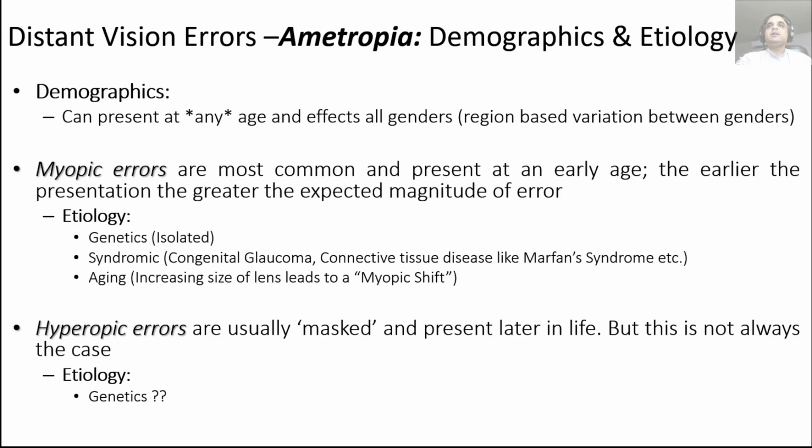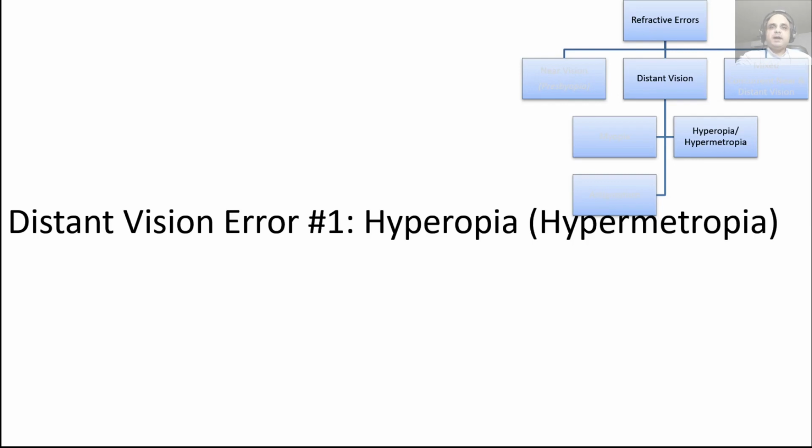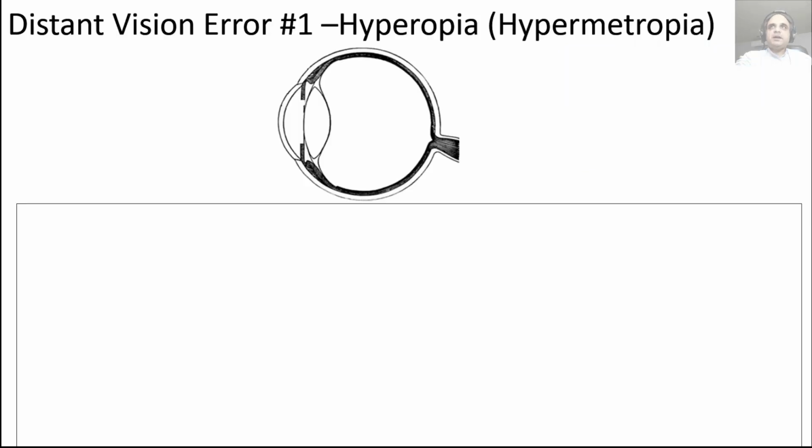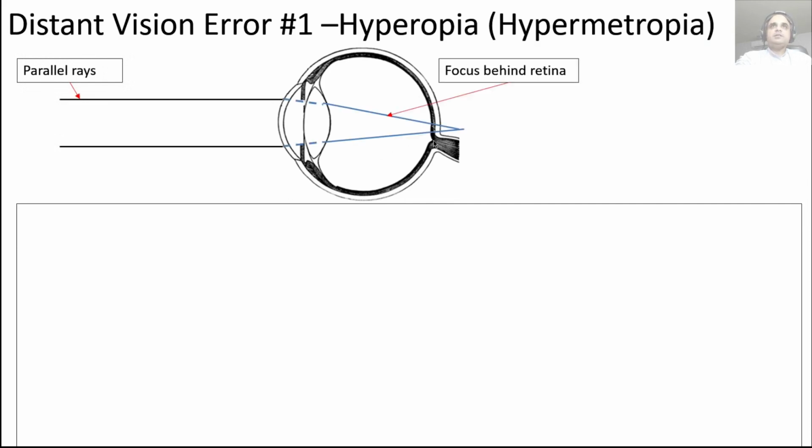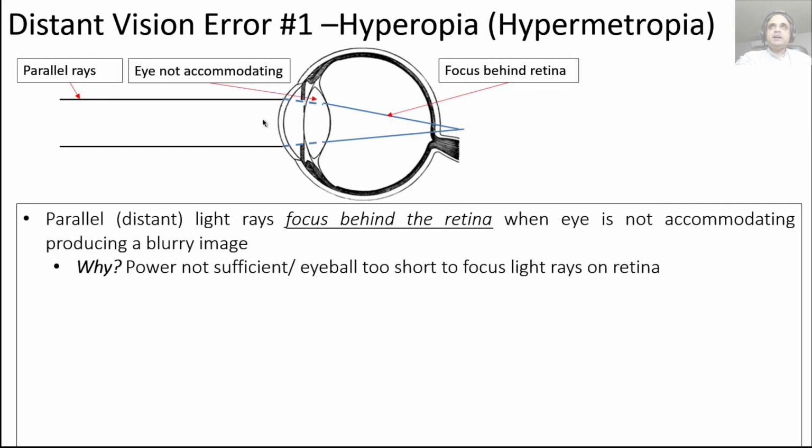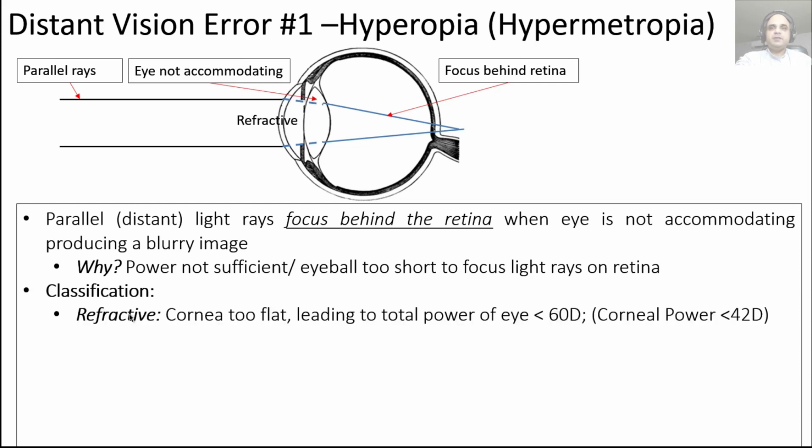So we'll talk about hyperopia or hypermetropia first. Hyperopia or hypermetropia is when parallel light rays coming from a distance of 6 meters or more, i.e. infinity, are focused behind the retina when the eye is at rest or not accommodating. And this is happening because the eye does not have sufficient power, or it has too short a length, or both of them. So depending upon where the deficit lies, you can have hypermetropia that is refractive,